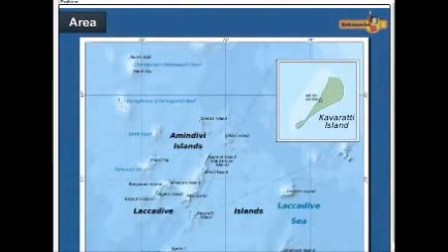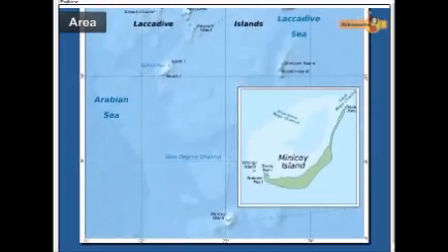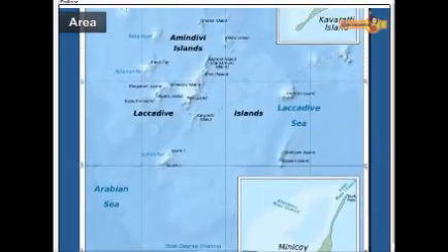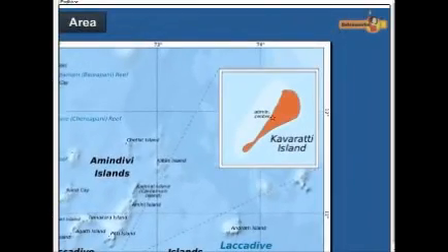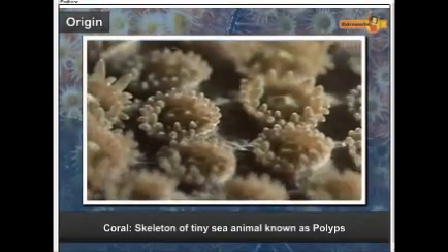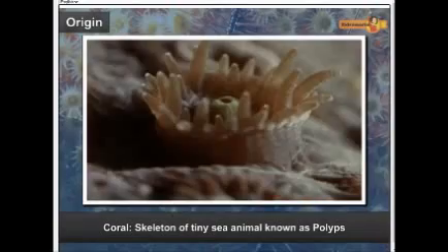The main islands are Kavaratti, Minicoy, and Amini. The capital of these islands is Kavaratti. The Lakshadweep Islands are of coral origin. Do you know that coral is the skeleton of tiny sea animals known as polyps?